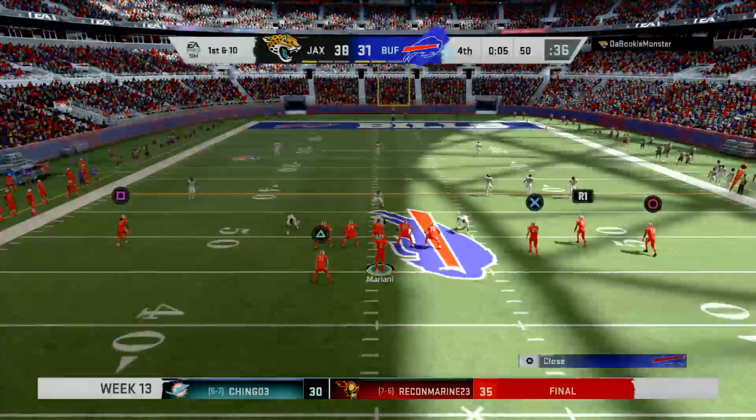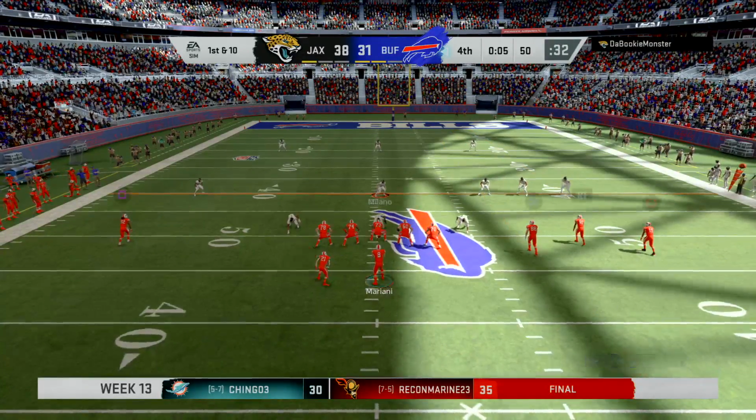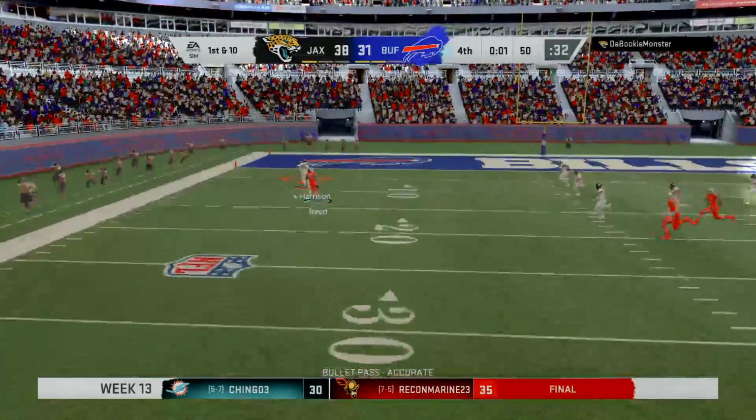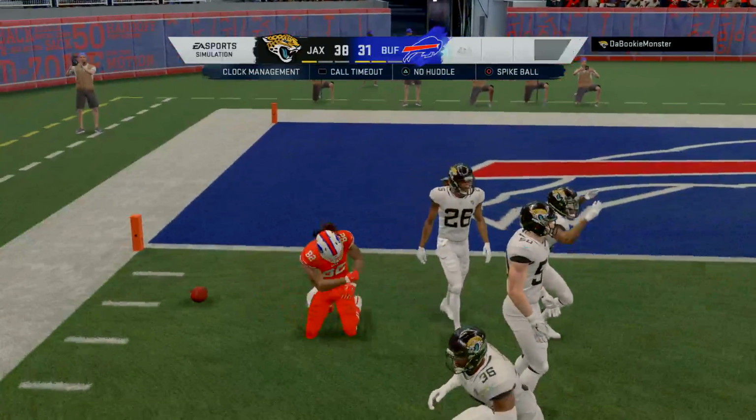The drive continues as they search for a tying touchdown. Here's 1st and 10. One final shot. They'll look to throw. He's going to let it fly. And it's incomplete. So their final drive